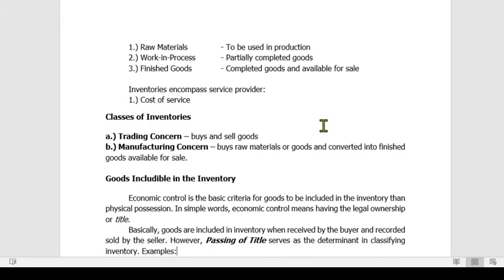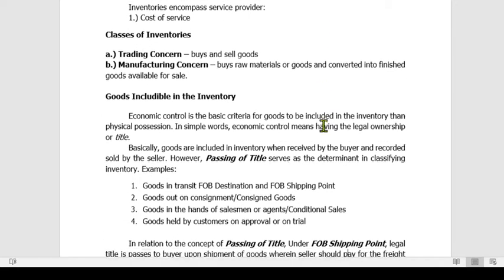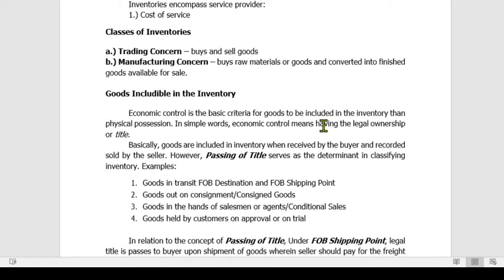So let us look at the classes of inventories. Yung trading concern, kapag merchandising ka, you buy inventory and then you sell these inventories. Kapag manufacturing ka naman, you buy the raw materials, you convert it into finished goods available for sale. So what is significant in intermediate accounting with regard to the accounting for inventories is